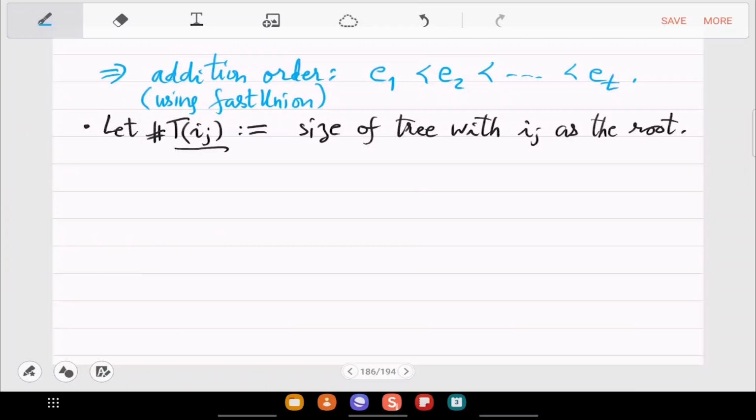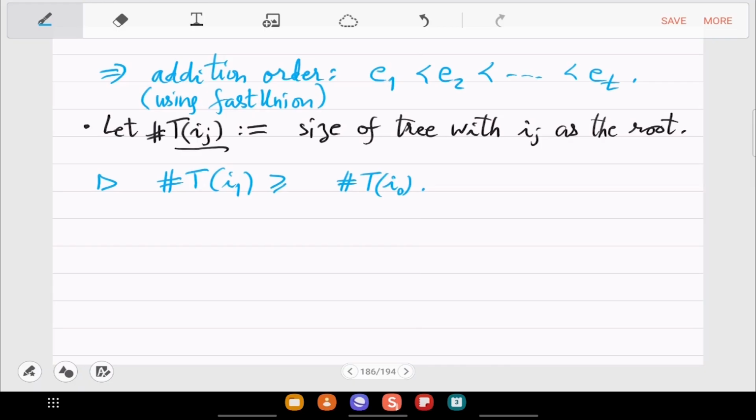What is the relationship? Which one is bigger and by how much? So the claim is that T of I1 is bigger than T of I0. Do you believe this?